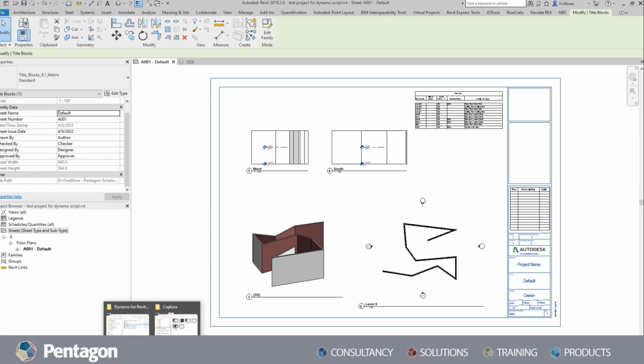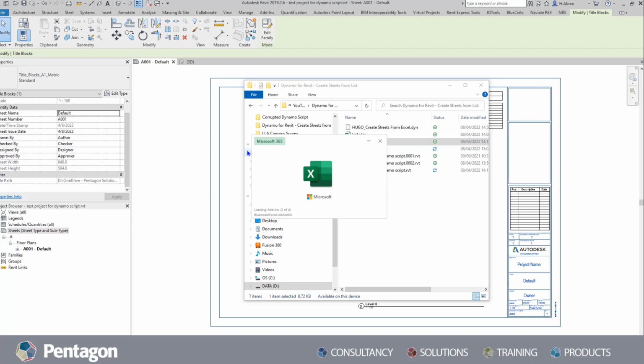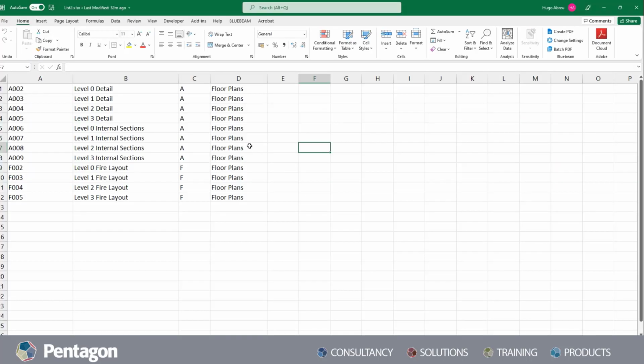So essentially what I need is an Excel file populated with that information in some columns. So in here I have the sheet numbers of the sheets that will be created, sheet names, the sheet subtype. So I have architectural and fire as an example, and all of them will be in the sheet